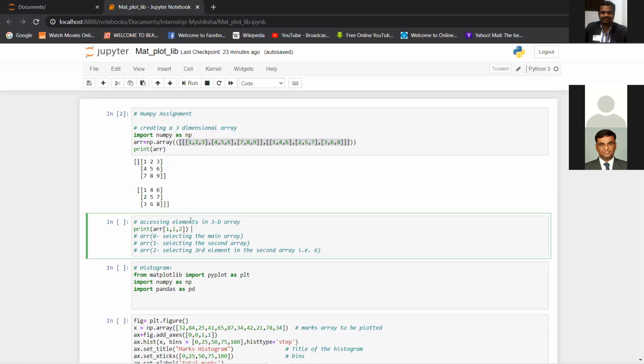We first select what will be our main array. Selecting the main array is the first index. So this one is the first index where we select our main array. There are two main arrays here, as you can see. This is one main array, 3 by 3, and this one is also one array. As there are only two main arrays, I can say 0 or 1 here. If I say 1, I'm referring to this one, right? If I say 0, I'm referring to this one. So after the comma, if I say 1, I'm referring to this 3 by 3 two-dimensional array.